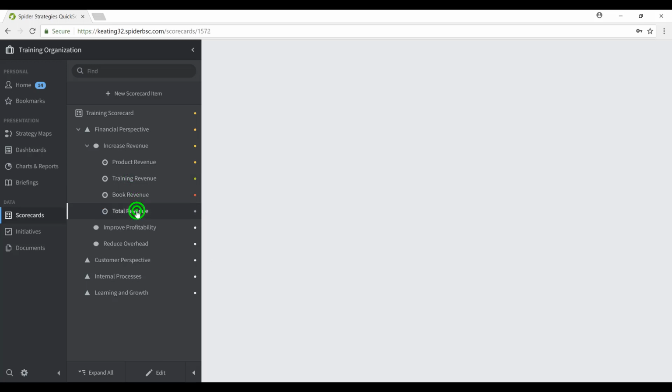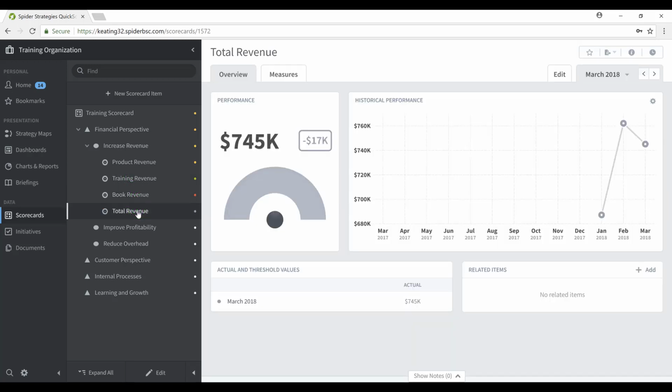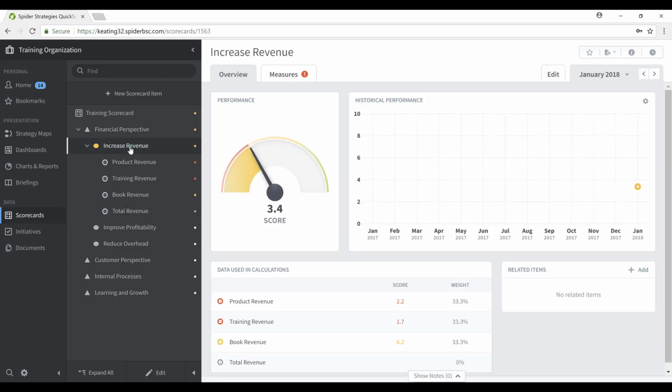You'll note that total revenue, which you will recall was an aggregation or a sum of the 3 other measures, was set up to be not scored. I am tracking the values, but because they're not scored, there are no colors assigned to the performance for any given month. Furthermore, you'll see that increased revenue as the objective that rolls up